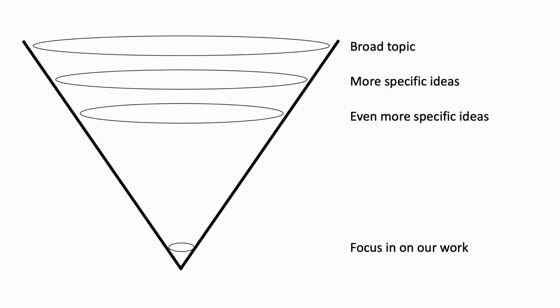So depending on the work that you're doing, you might be doing a chemical engineering project where you're looking at a very specific catalyst or some very specific form of oil or reaction setup. And by the time you get to the end of the literature review, you need to have covered everything that comes down to focus in on your work. What have other people done that has been similar to your work? Are there other people that are also looking at a specific location, a topic? The specific topic in this instance, the catalyst that you are looking at, has anybody ever done something similar to your work?